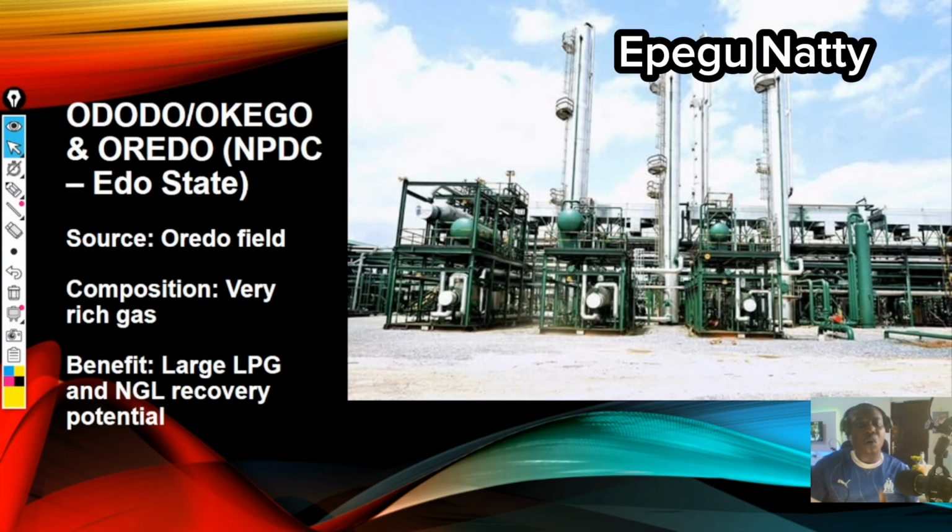So we have the Oredo gas plants, Ododo, Epegu and Oredo gas plant. Now this is an NPDC plant, right? All right. Now the source for this gas plant is actually gases from the Oredo fields. Okay. Now the Oredo, they have a lot of marginal fields, pockets of feed here and there,